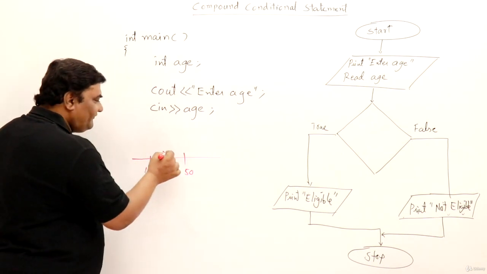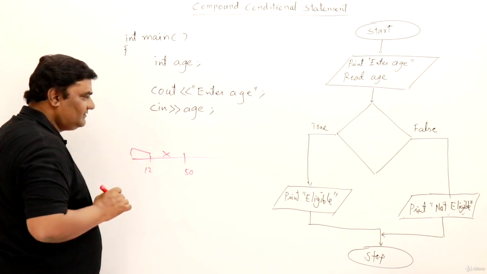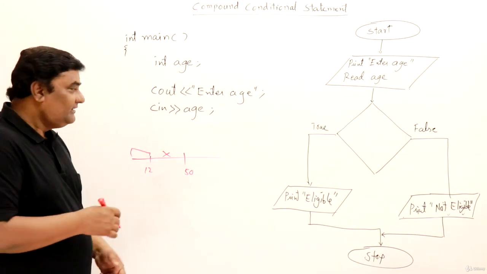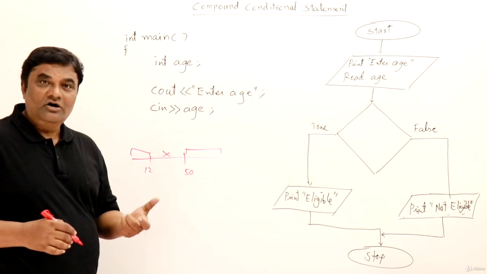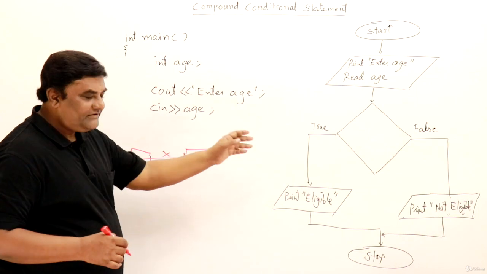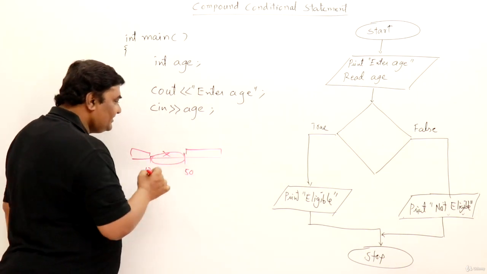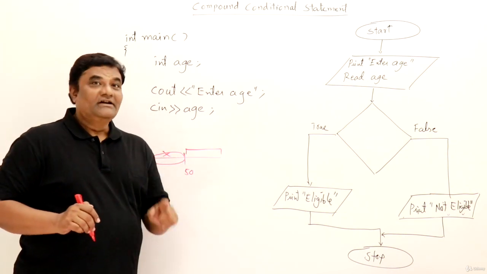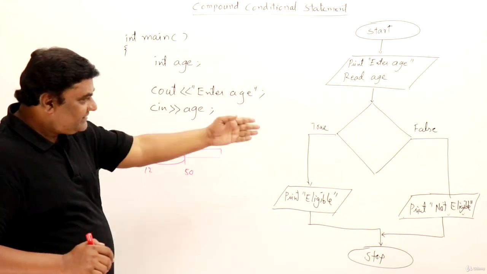For these people the offer is not there. So we have to check that age is on this side. If true, he is a child. Otherwise, age should be on this side. Otherwise means or. So age should be greater than 50. In this, we are not looking for a value within a range. We are looking for a value that is on different sides of a range. So now the or operator is useful. So let us frame the condition.